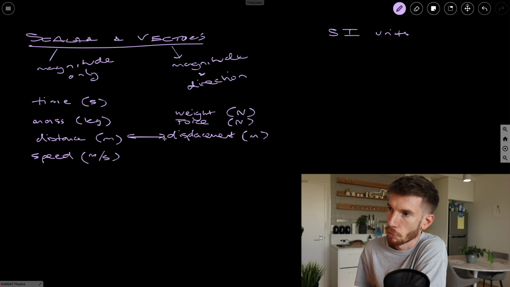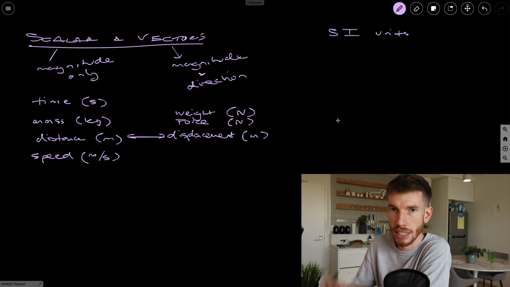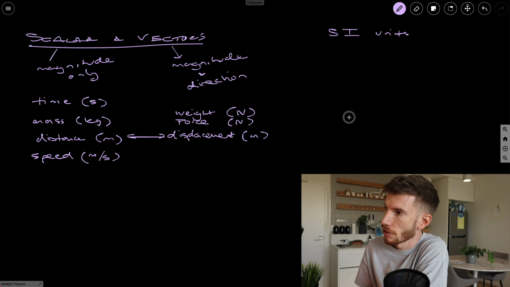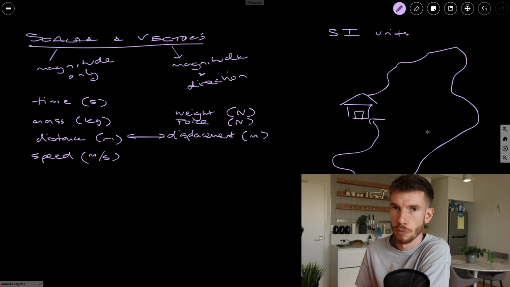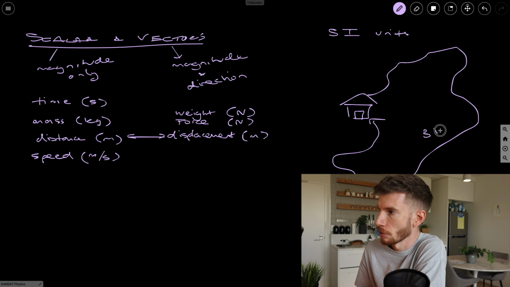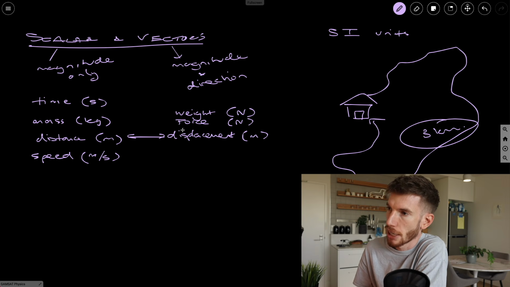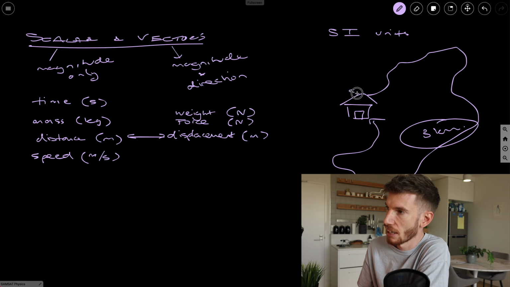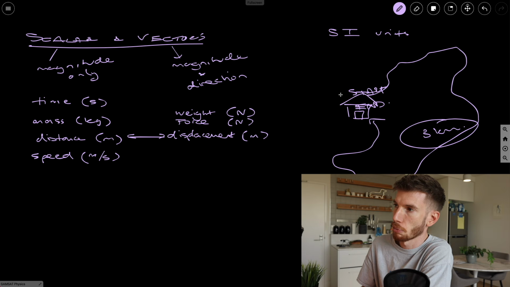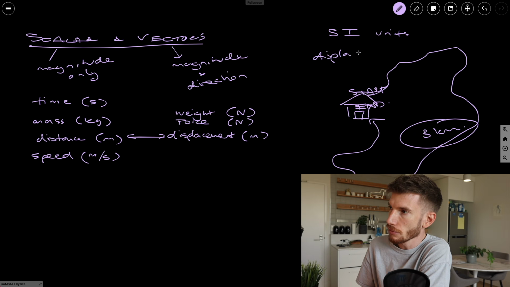So just to explain the difference here, distance is just how far you've moved, right, in any particular direction. So if I had my house here and then I was to walk out here and then return back home, technically I've moved some distance. Let's say that's like 3 kilometers. But my displacement is my straight line distance from my starting point to my ending point. Because I started here and I ended here, my displacement is actually 0. So my displacement is 0, but my distance